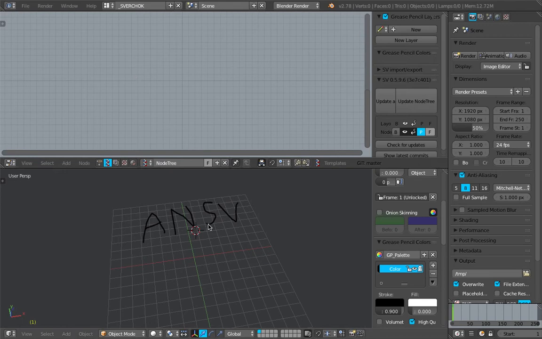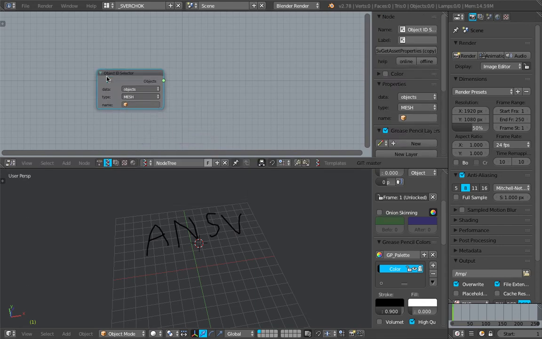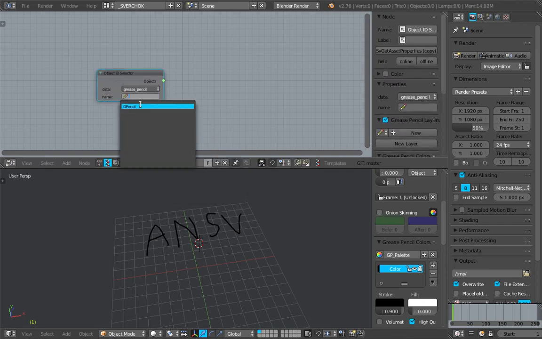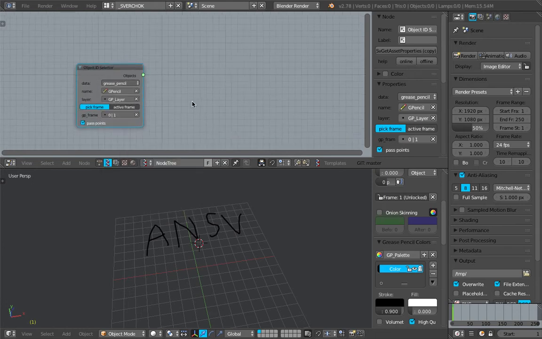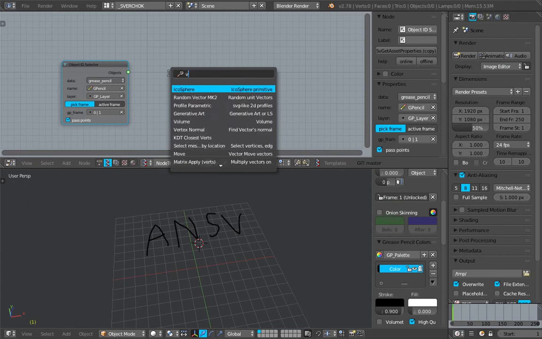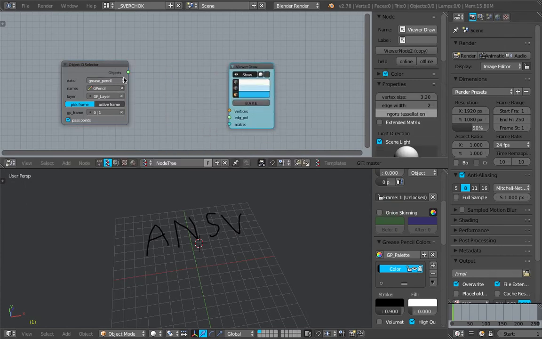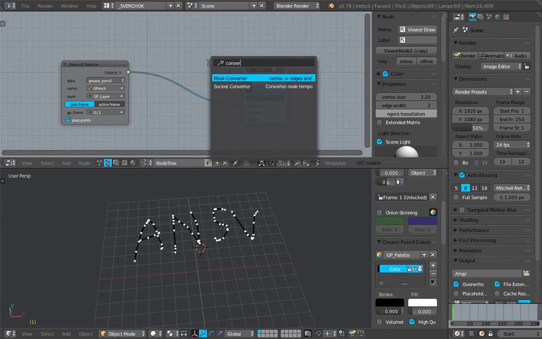So Sverchok, get the grease pencil. I'll pick a frame, and we get this grease pencil already. Now we're gonna do the viewer. This is our data, how it looks like. I'll do a quick convert,